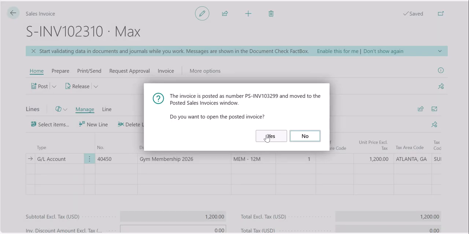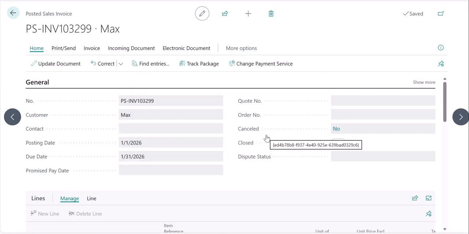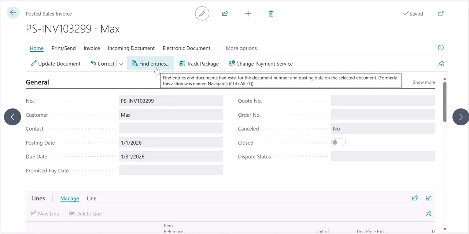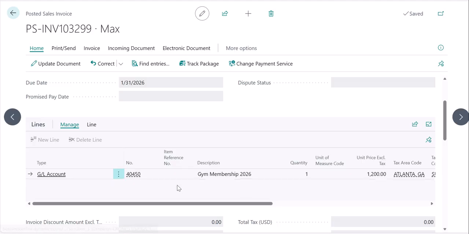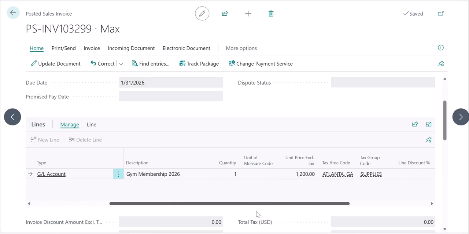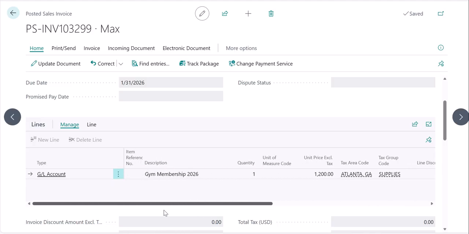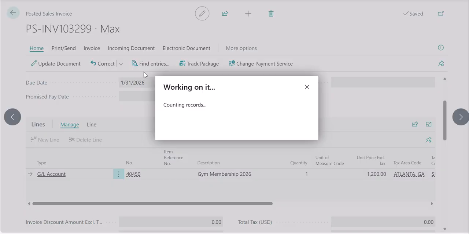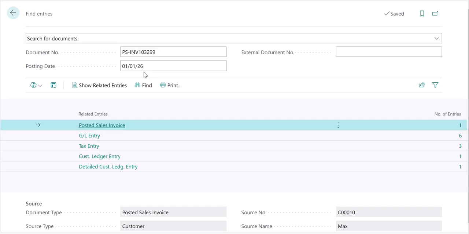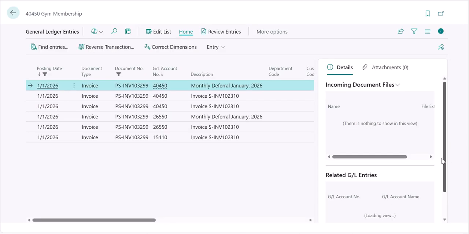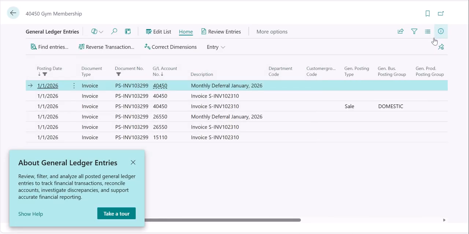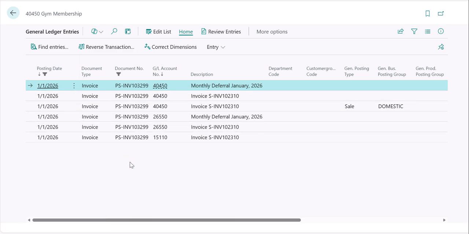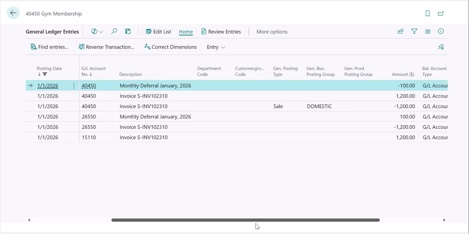Let's also go to the posted sales invoice and view the information. We can verify the lines as well, and you can see the deferral code details would be available here as well. Let's go to the find entries, and here we will go to the GL entries to view the entries posted. As you can see here, we would be seeing the entries for any sales invoice and also the respective entries posted to the balance sheet line item